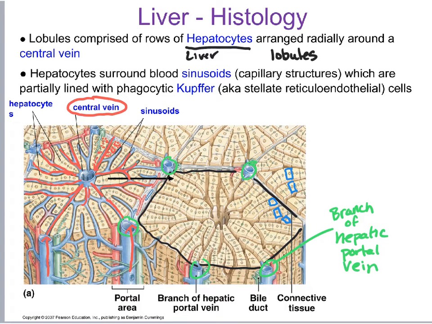And from that central vein, all of the central veins of all of the liver lobules all come together to create what we call the hepatic vein. And that's the main vein that drains the liver and sends that modified blood into your blood vessels. So think of that blood as from your GI tract that's carrying nutrients and anything else you absorbed, traveling to the liver, being modified in the liver and detoxified in the liver, and then draining out of the liver